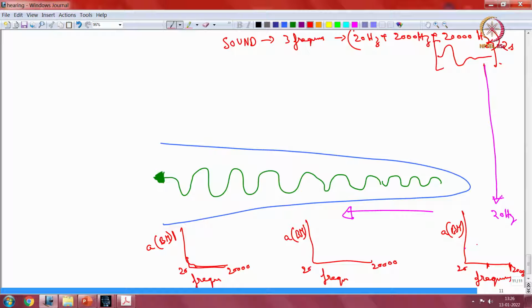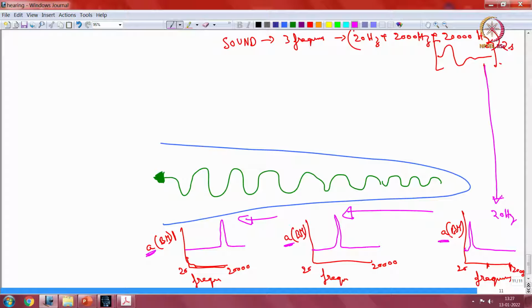So, what happens over here is we have a spike in the 20 hertz, and then there is a straight line. When the signal comes over here, we have a signal in the 2000 hertz, and then there is a straight line. And finally, when the sound wave reaches the base, we have a spike over here and spike over here. So, this is, remember, it is amplitude